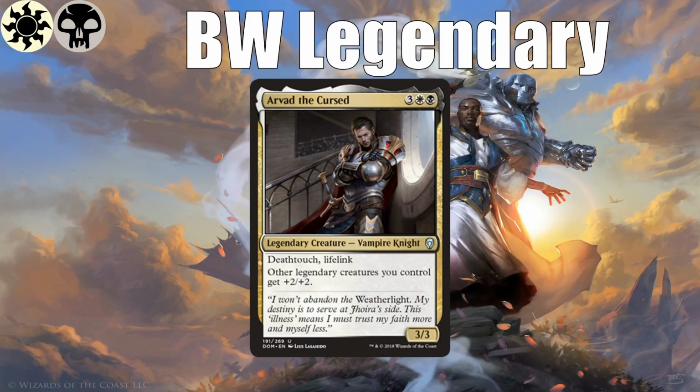All right, so onward to our next color pair, which is black-white, where our signpost uncommon is Arvad the Cursed. 5-mana 3/3 with Deathtouch and Lifelink, and he gives other legendary creatures you control +2/+2. So the main theme here in black-white is